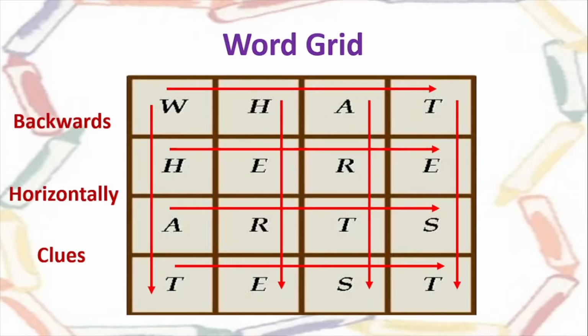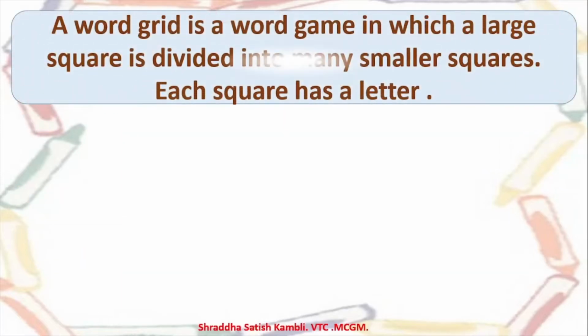Okay, children, we are going to see most of the types of exercises where we will try and solve the grid in a horizontal manner, in a vertical manner, in a backward manner. We will try to find out words written horizontally, and we will also try and work out certain ways in which you can read the clues and find out the words. So we are going to try all of them when we come to solving certain examples. Okay, so now you must have understood what a grid means and what a word grid means. Now let's see how it is defined.